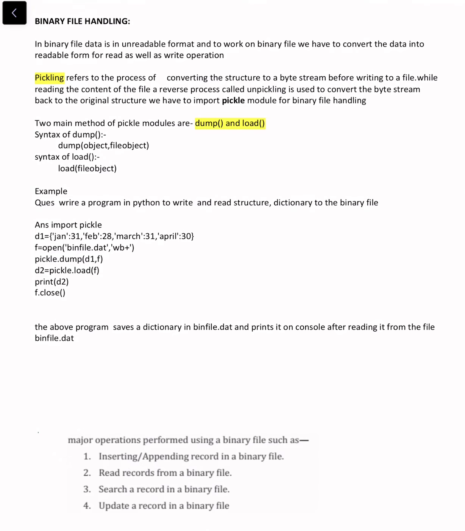In unpickling, the content we are trying to write will first be converted to the original binary format, and then it will be written. Today we will go through a few examples of how we can perform these operations.